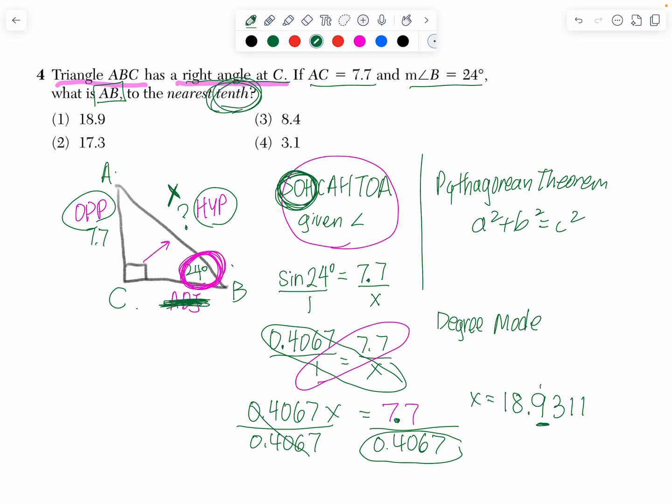Keep in mind where you need to round to the nearest tenths. So this is tenths. You look at the next number. If the next number is 5 or more, you round up. But if it's not 5 or more, you keep it the same. So therefore, for this question,